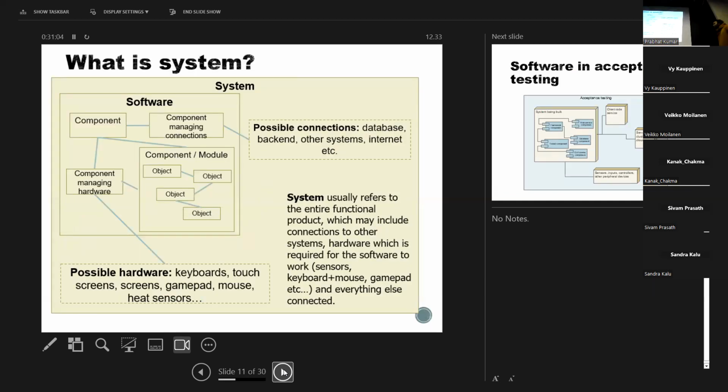Now, if I take this a little bit more from the top level, you can see the whole thing fits under